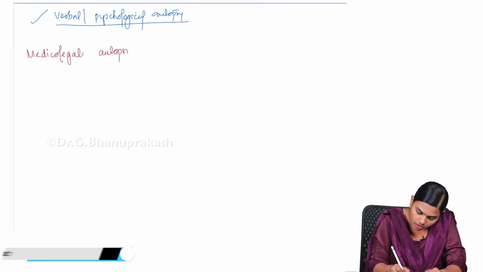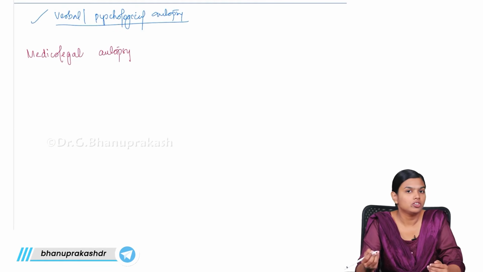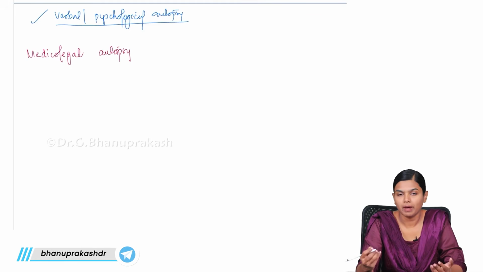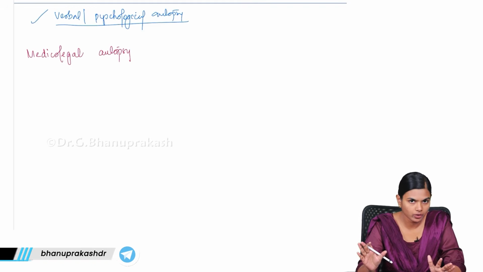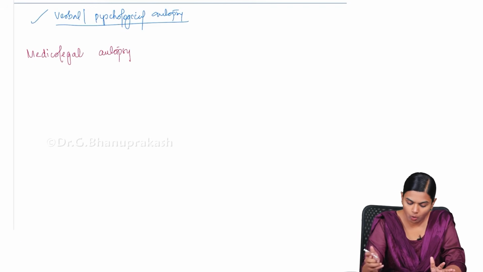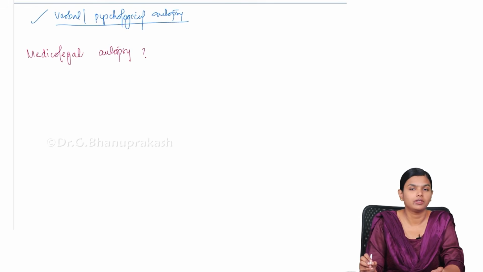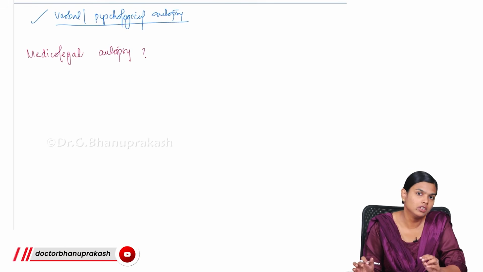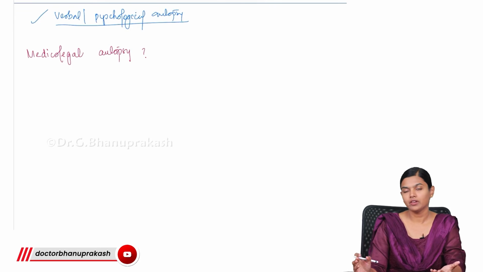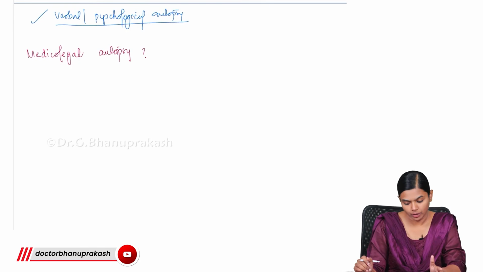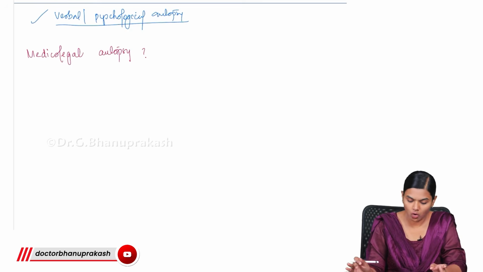Now we are coming to the main autopsy, that is your medico-legal autopsy. I told you we do pathological autopsy to know about the pathophysiology of a disease, more of an academic orientation. That is why we do pathological autopsy. Now, why do we do medico-legal autopsy? That is also important, right? Just because the IO is asking us to do autopsy, we are not doing autopsy. We are doing autopsy to find out certain things. So what are those things?